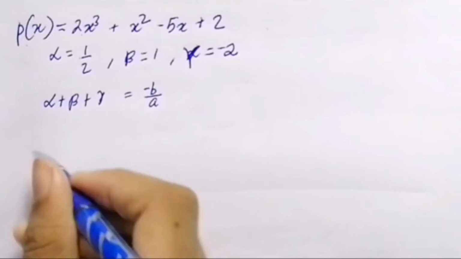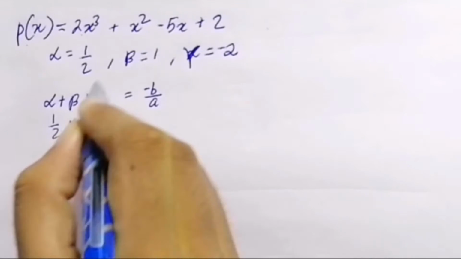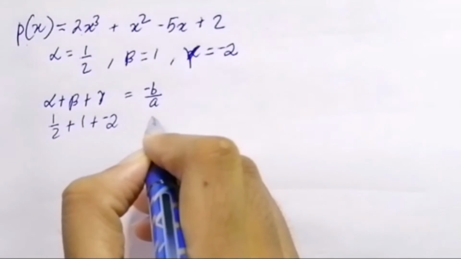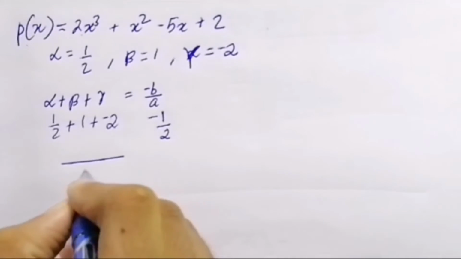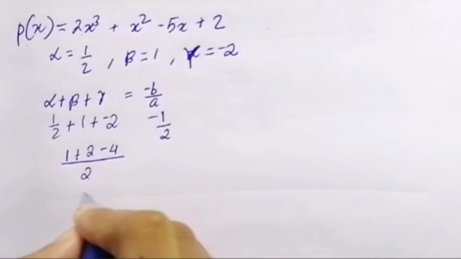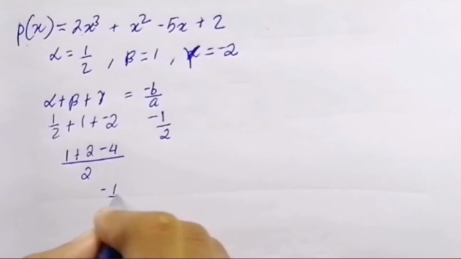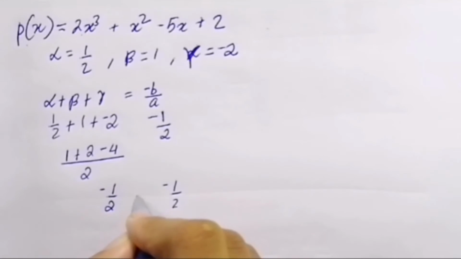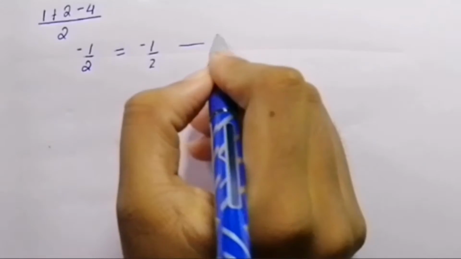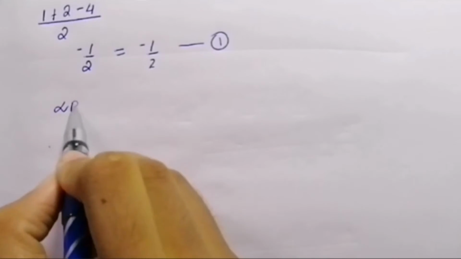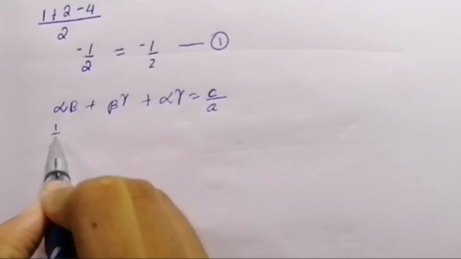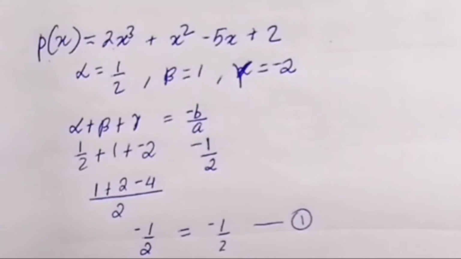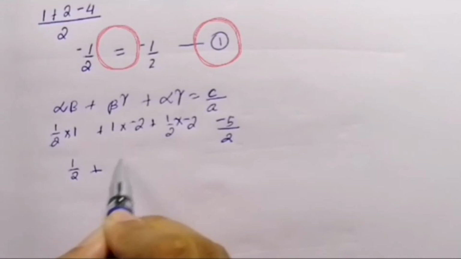Now we will be verifying the relationship between coefficients and the zeros. So the sum of zeros should be minus b by a, that is, it should be equal to minus 1 by 2. I believe you know what I meant by minus b by a: b is the coefficient of x square and a is the coefficient of x cube. Now we will look at the sum of the product of zeros taken two at a time, which will be equal to the coefficient of x by the coefficient of x cube, and c by a will be